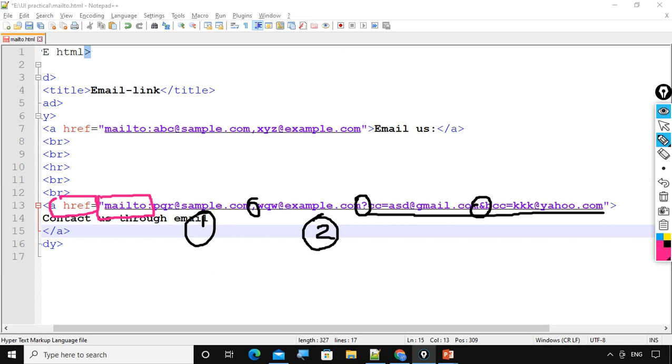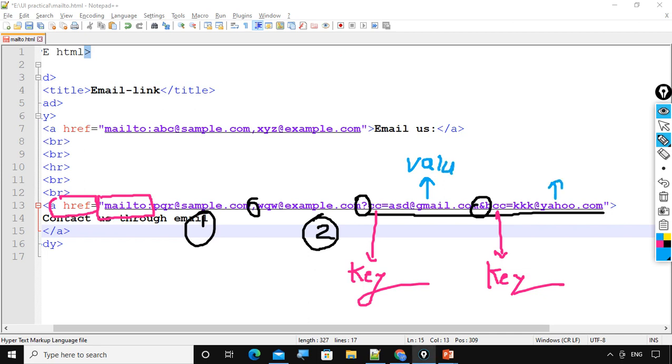See, cc is one key, and BCC is another key. And here, this is one value and this is another value.